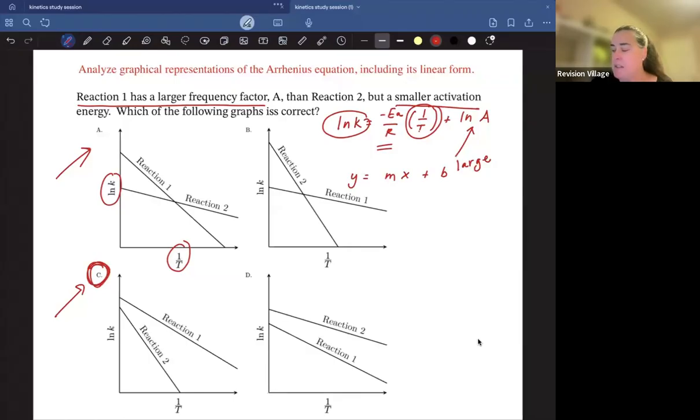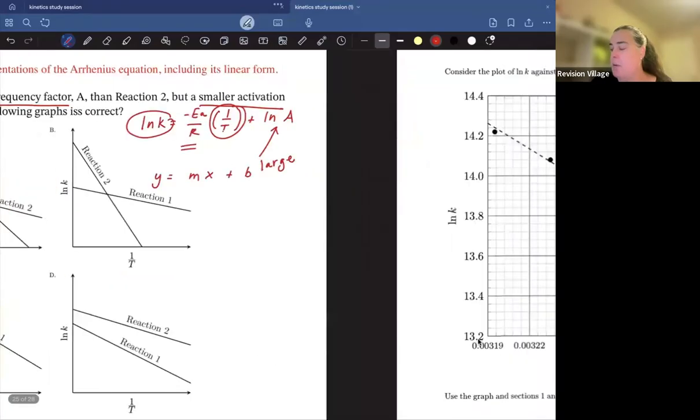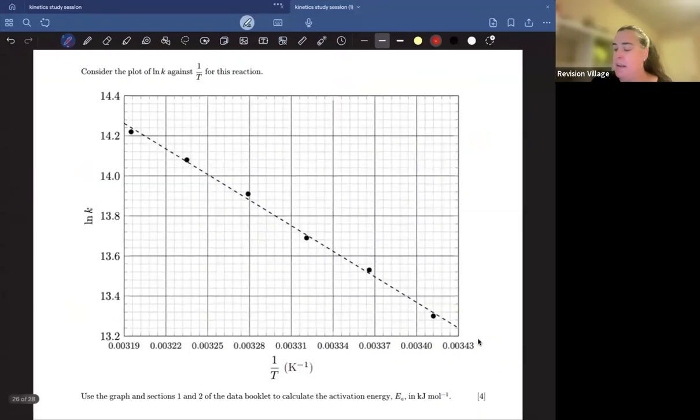Finally, if we don't want this to be qualitative, just trying to see that that's the expression for a line, and we want it to be quantitative, it is very common to get a question that says, here is the data, here is the natural log of k plotted versus 1 over T. Use this graph to figure out what the activation energy is. And you really find yourself picking 2 points on this graph and saying that the slope is going to be the rise over the run. And so I'm going to say it's like